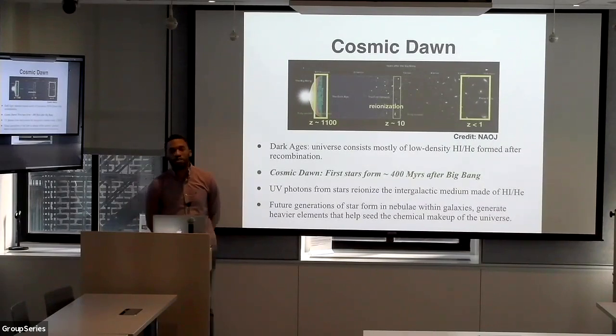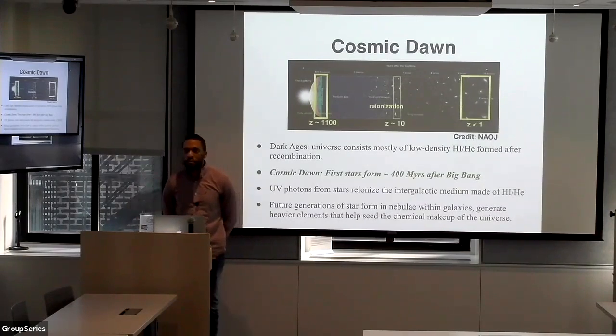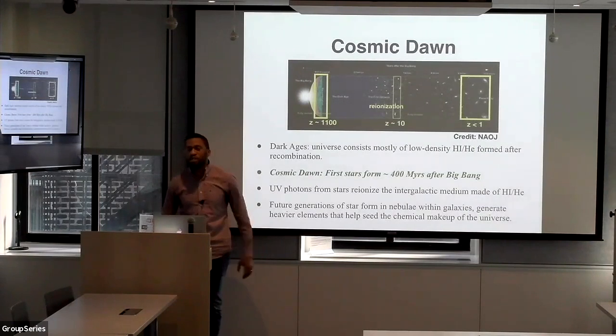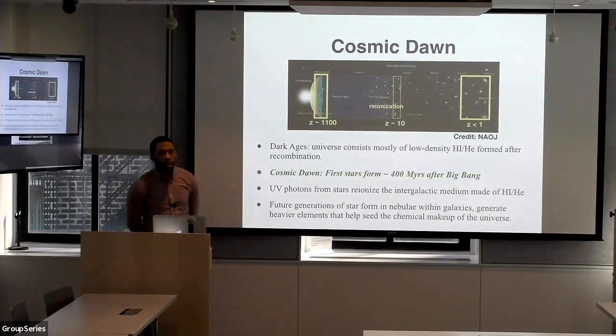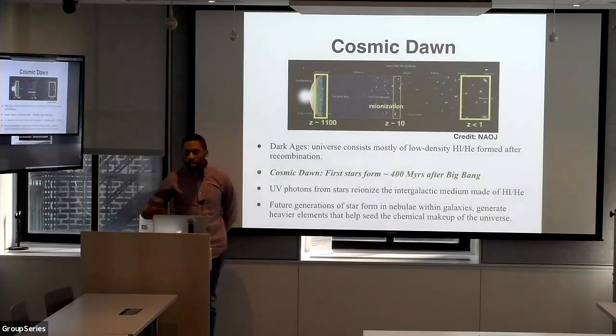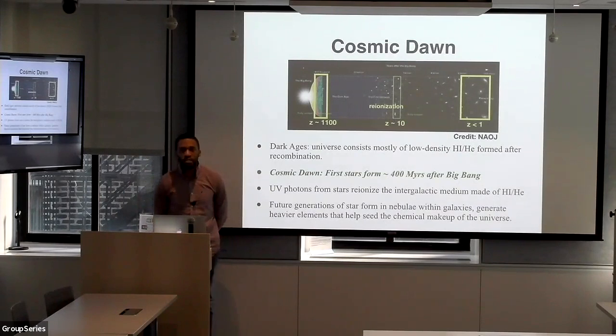But cosmic dawn, which took place 400 million years after the Big Bang, was when the first stars began to ignite. These stars weren't exactly like our own. They were usually massive. These are known as Pop-3 stars. But as they began to form, and matter began to cluster in galaxies, you began to have more stellar evolution. In this time, the universe transitioned from a neutral state, where hydrogen was neutral, into an ionized state, where hydrogen exists in an ionized form.